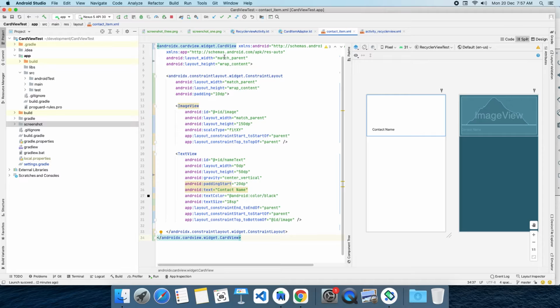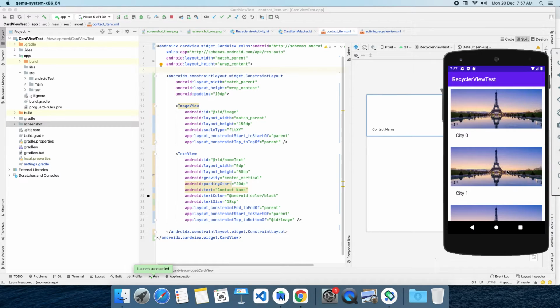Now we have applied card view. Let's see how it looks in our app. The app is running now. See, this is how our recycler item looks. One image is at the top, one text view is at the bottom.